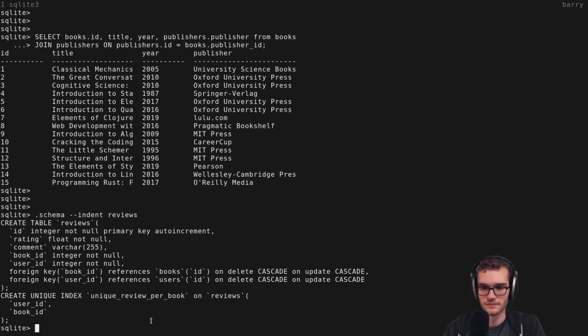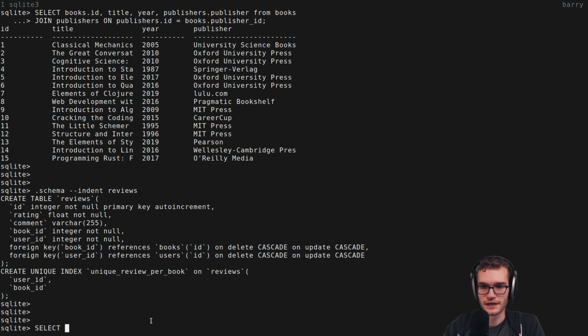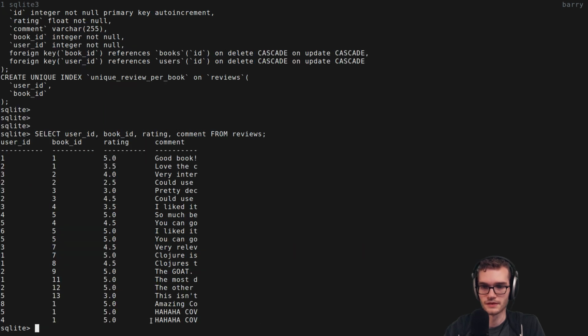So I want to select for now the ID. Actually, we don't need the ID. Let's just get the user ID, the book ID, the rating, and the comment from reviews. So there we go. There's our review, but I want to replace these user ID and book IDs with the